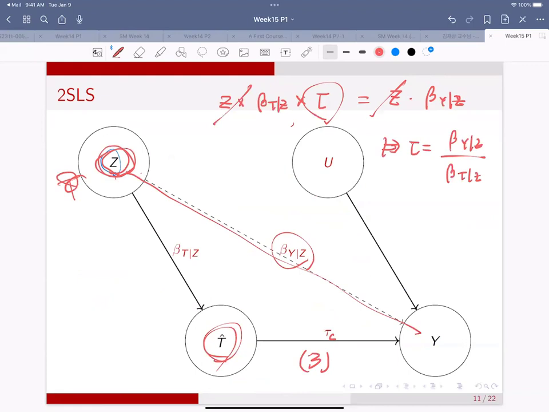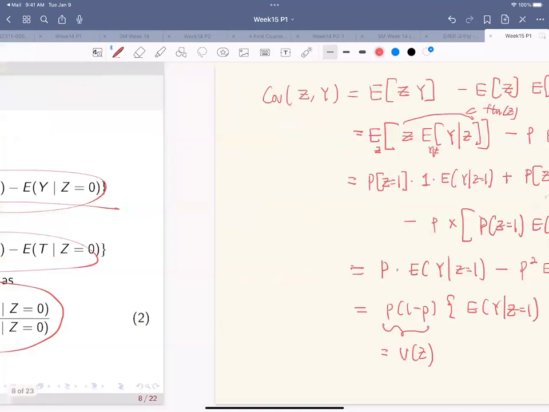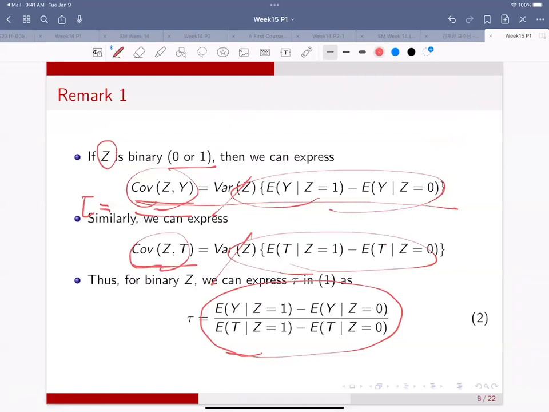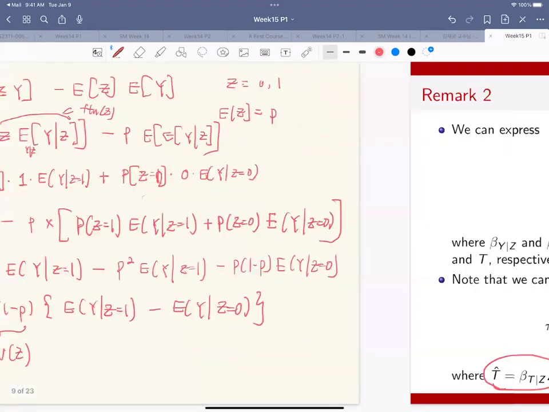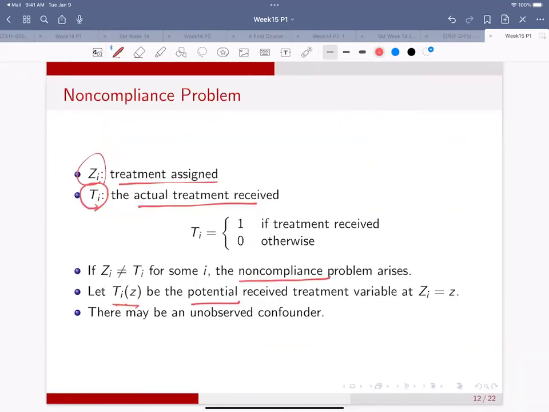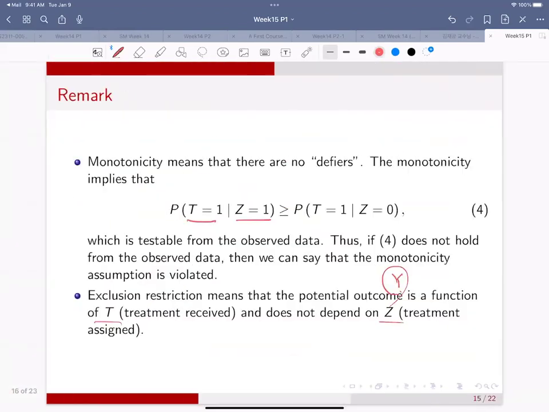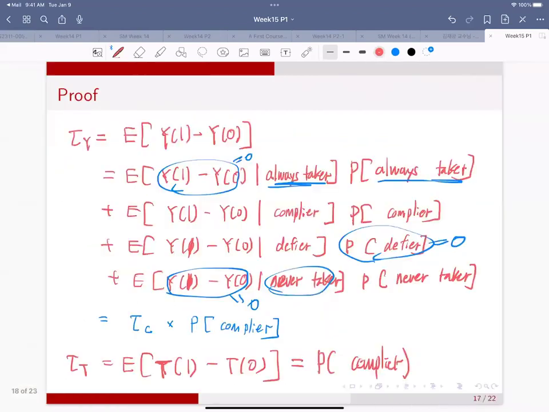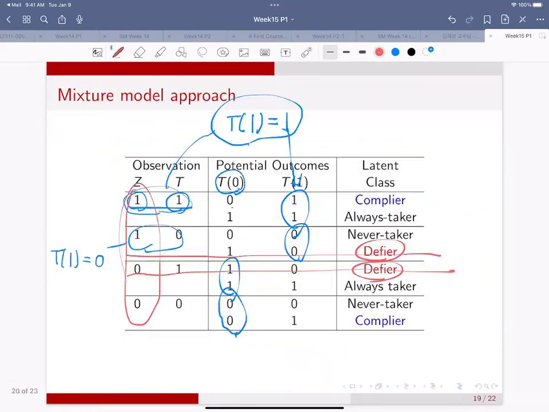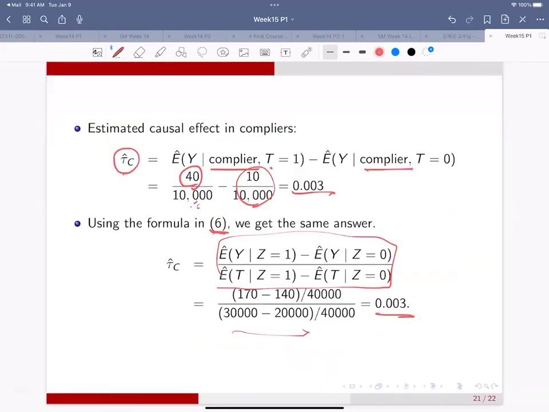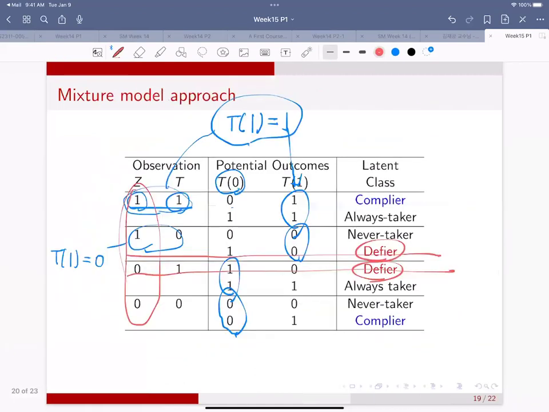Then this instrumental variable formula can be directly applied here. This is what we already proved, and then we can obtain the same result. But I'm sorry, I couldn't remember the details of how to derive this, but I will back it up in this Thursday's class, or